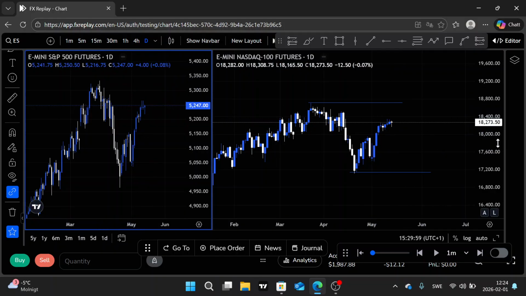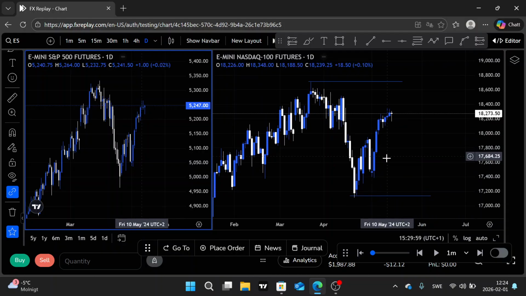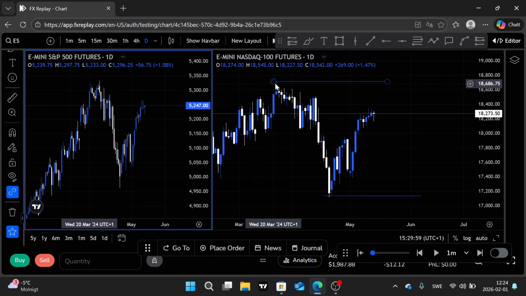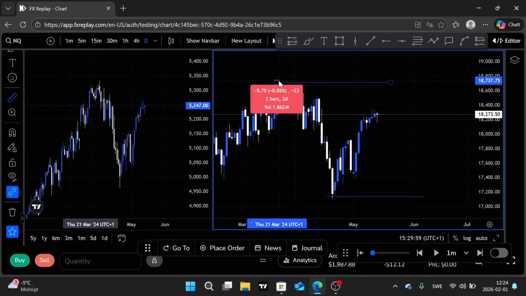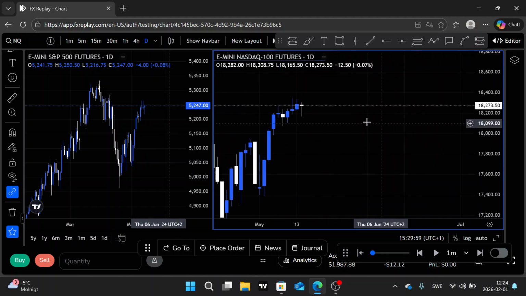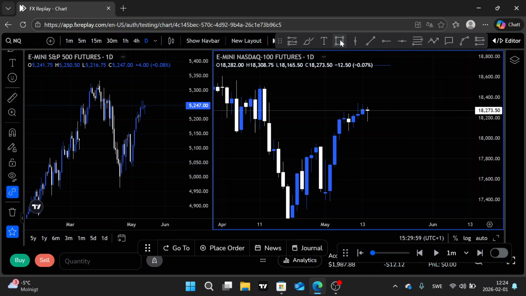Right now we are in a bullish trend, which is towards this all-time high, and we also respected this daily valley gap, and then we moved higher. All right,